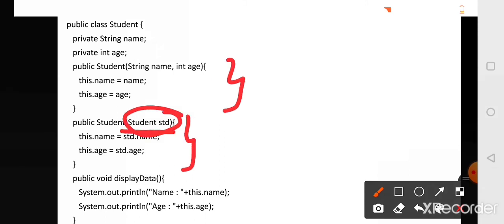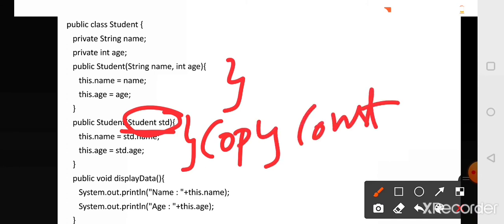This constructor we call a copy constructor. So why is it called copy constructor? You can easily guess. It is copying the values of one object and initializing those values to the other object. Hence, it is called a copy constructor.